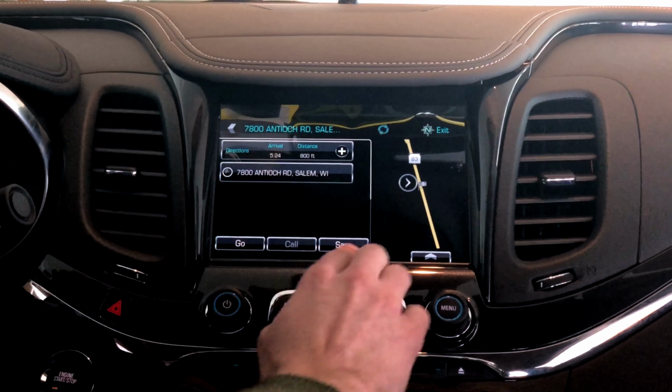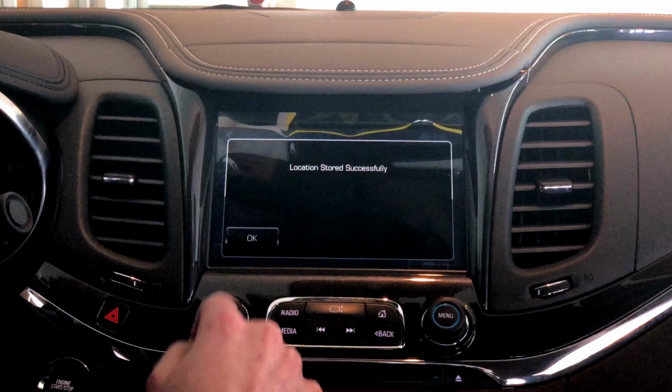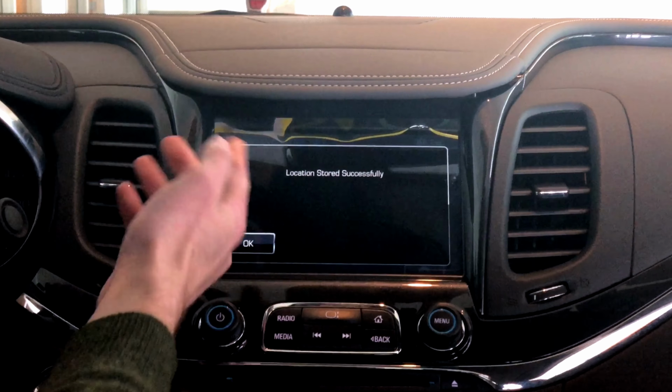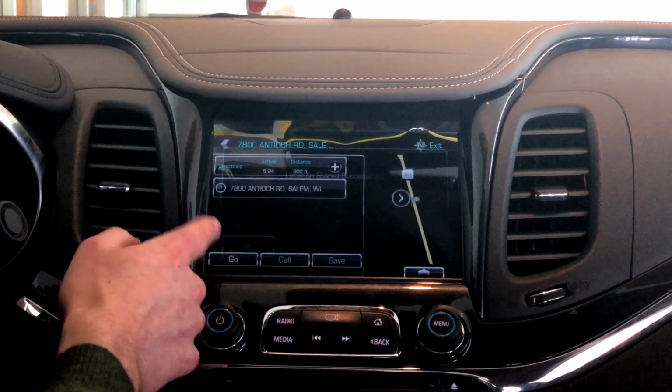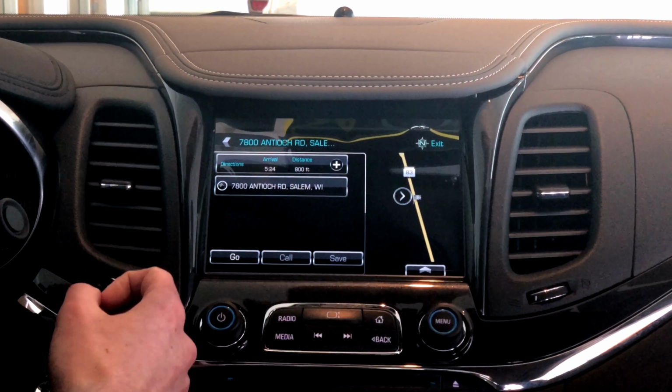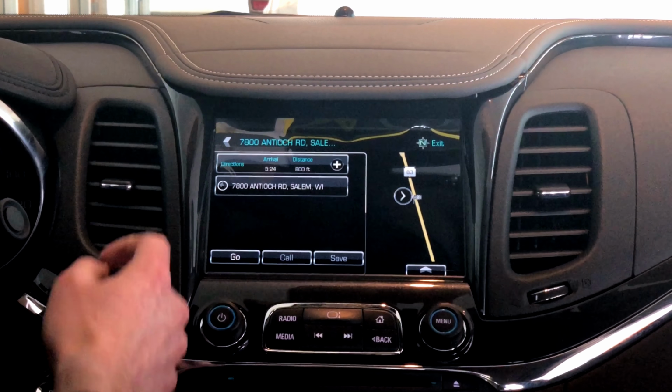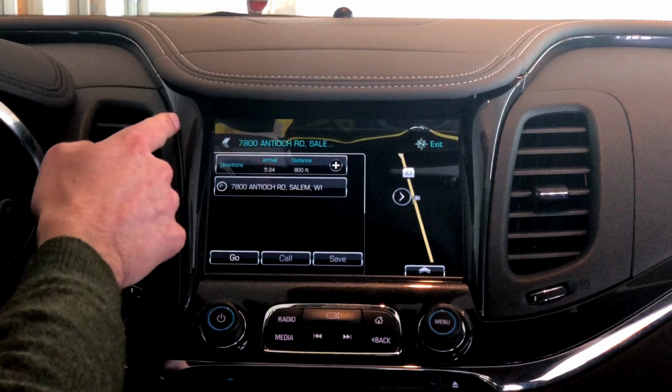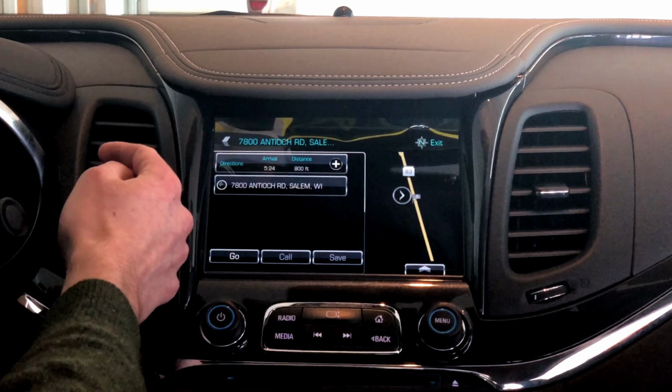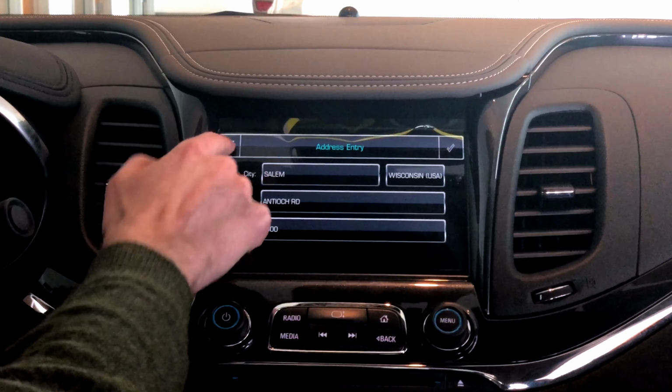Then you get this screen. You'll want to hit save to save your destination. It'll tell you that it's been successfully stored, so you'd press OK, or it'll disappear after a few seconds. After you've saved it, you hit this back arrow in the upper left hand corner twice to go to the